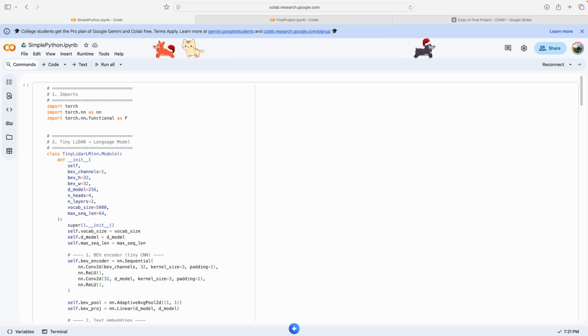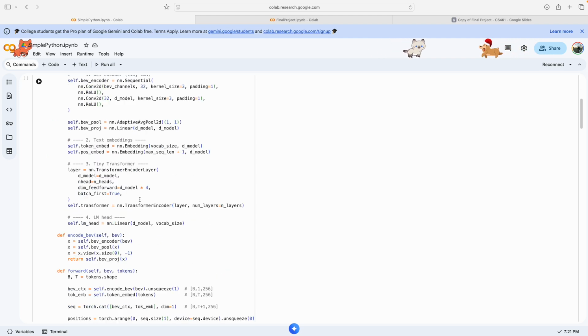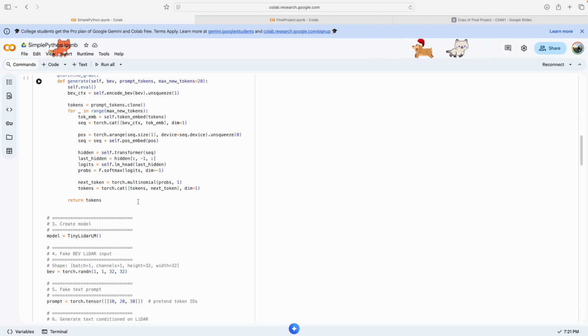For generation, the model repeatedly predicts the next token based on the prompt and the fixed LiDAR context, extending the sequence step by step. The example code at the bottom creates fake LiDAR data, feeds in a small prompt, and shows the model producing a sequence of token IDs. Here is the simplified version of the code,